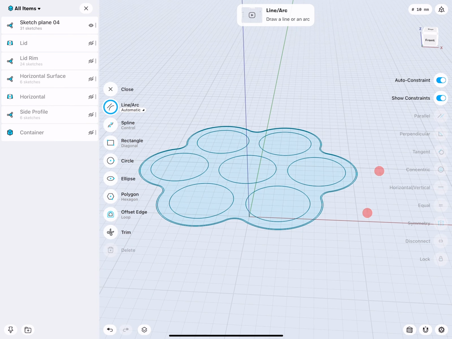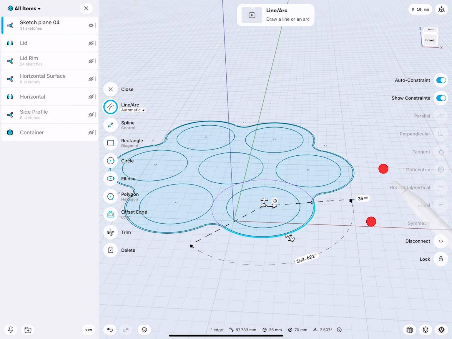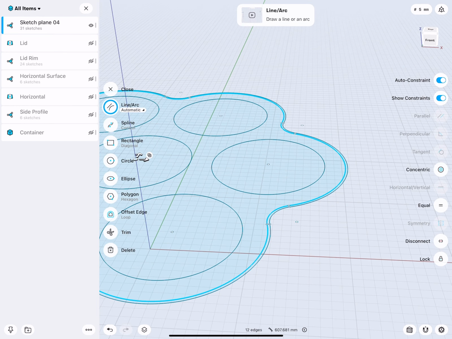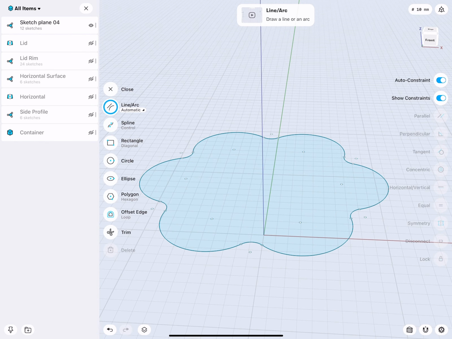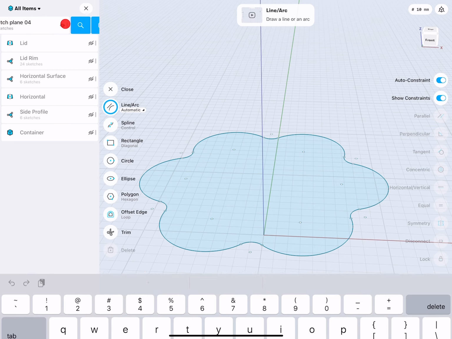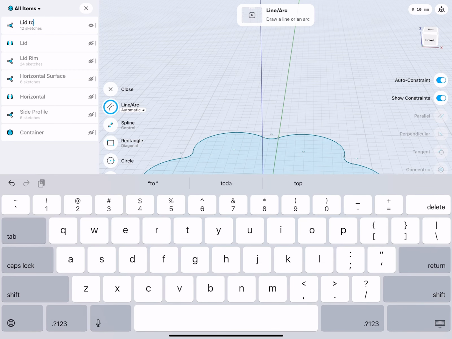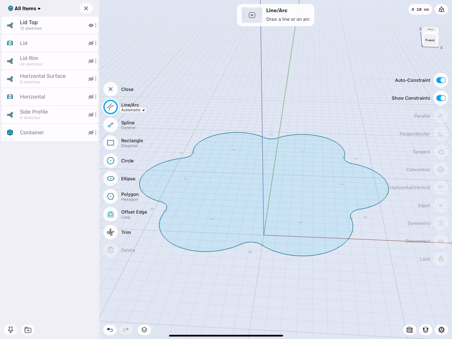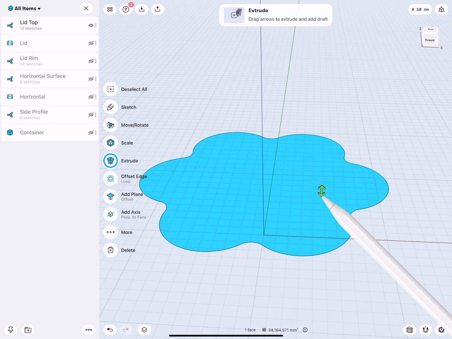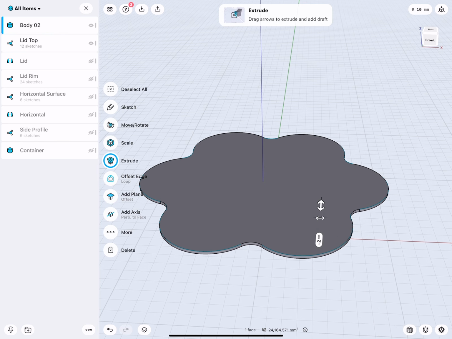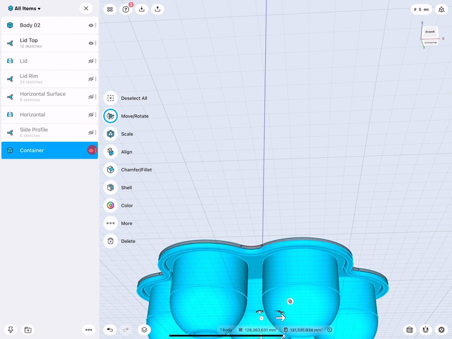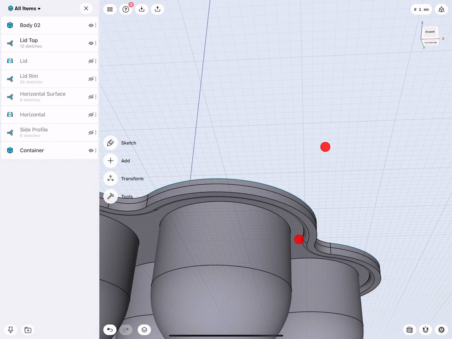So you see, we have actually the outer parameter. Now I could go ahead, double tap the inside, delete. Select all these rings, delete, and there is my lid sketch. Lid. And I call this lid top. This will be 2 millimeters down. So it will sit right on that container. See that? Okay.